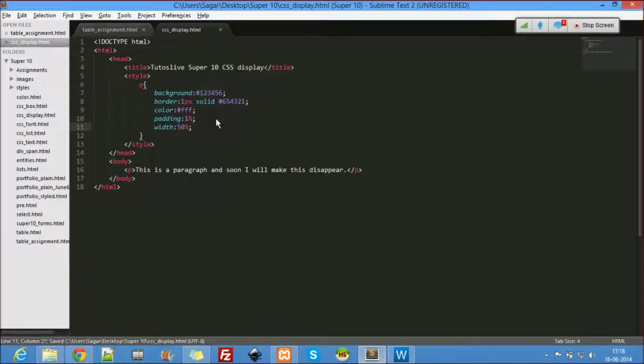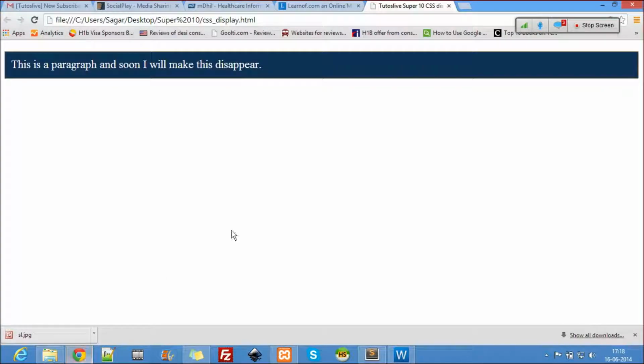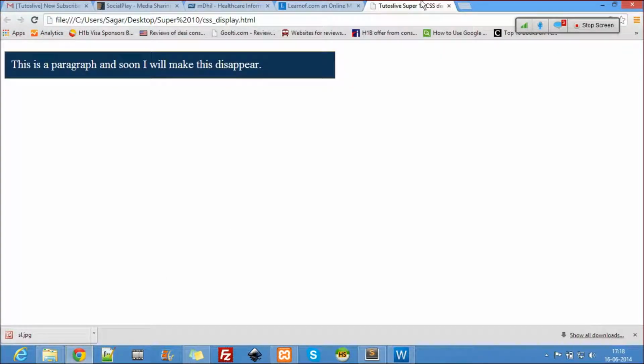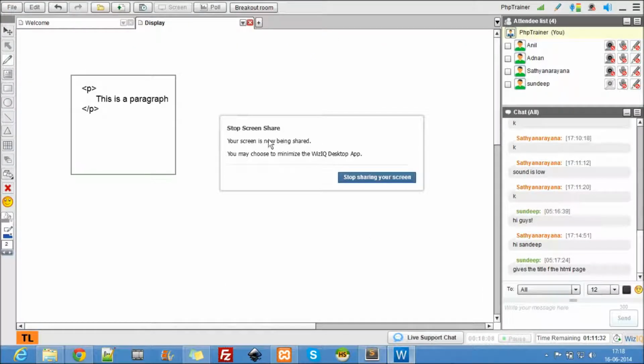I'm not using pixels. Remember this one thing, never ever use pixels. If you use pixels, it's fixed. Why fixed and what is fixed exactly, I'll tell you guys in a while. When I gave width equal to 50%, the width is 50%. So you guys know anything about responsive design? Okay, let me come back to the class here. So responsive design, you have to learn about responsive design.